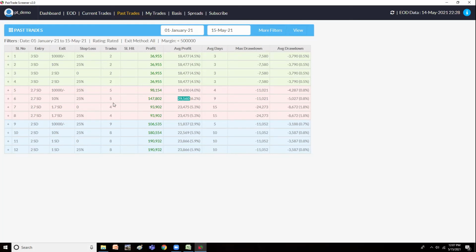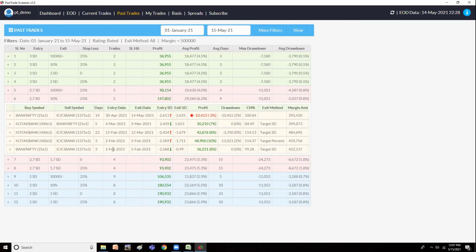That means this is almost 4.5 months. So almost 1.5 trades per month you are getting if you are doing it with a 5 lakh budget per trade. Maybe some concurrent trades would have happened, so we have to see. For example, here on February 2nd, you would have got 2 opportunities. If you had only 5 lakhs, you would have taken only one of them, so you would have missed that trade. Similarly, if you see, for example, you have taken this 5th, entered at 17th, booked on 12th, but in this period this trade would have come on 4th March, you would have missed this trade.